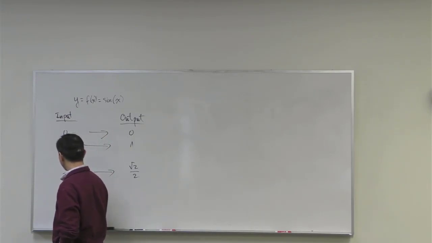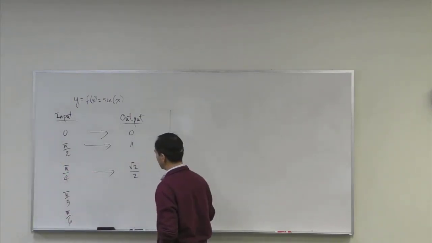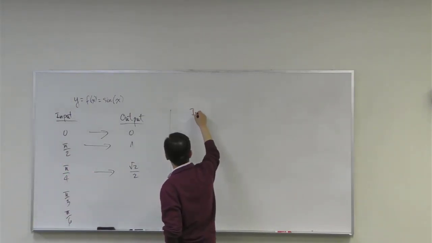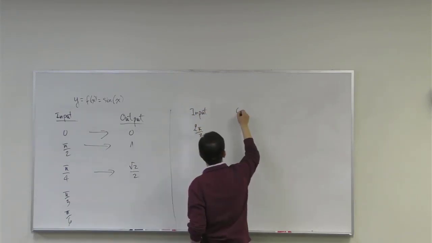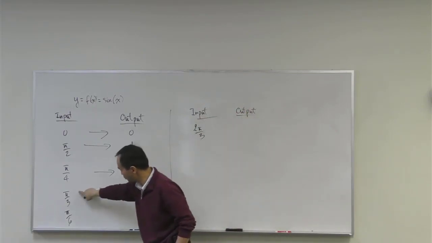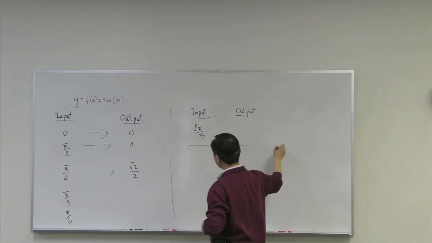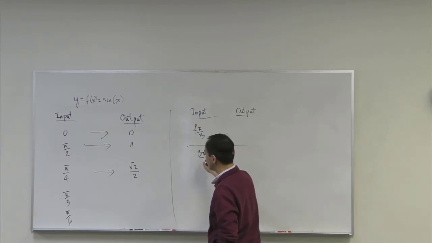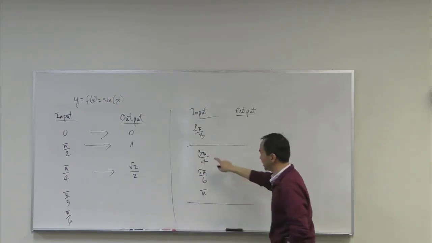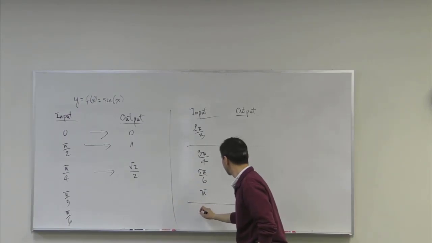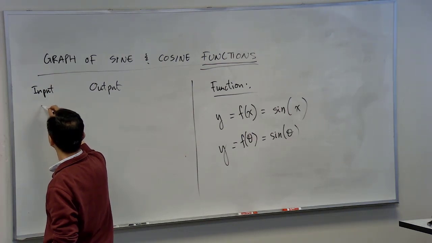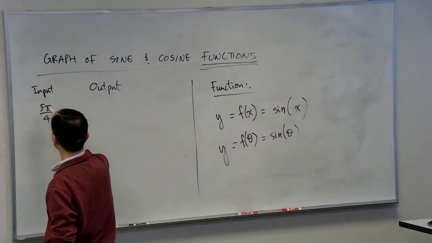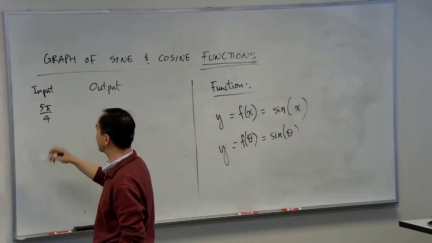Can someone do 3 of these inputs for me? And I'm going to have to extend further. For inputs, pi over 3. So can someone take pi over 3, pi over 6, and 2 pi over 3 for me? And then can somebody get 2 pi over 4? Okay. Can somebody get these 3? Pi over 4, 7 pi over 6, 5 pi over 4, and I also need